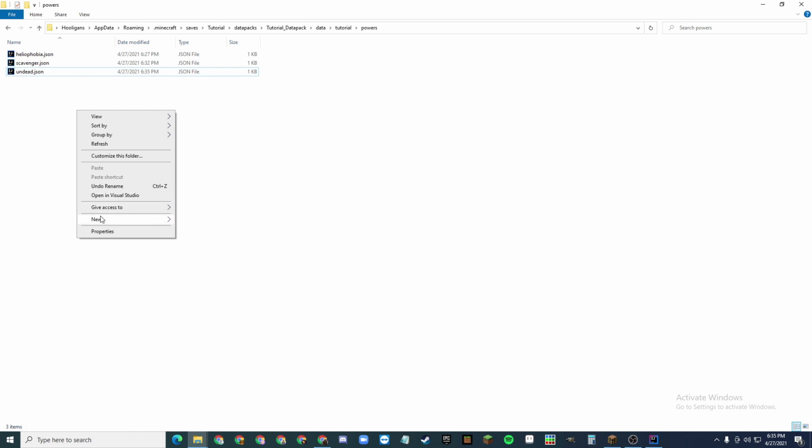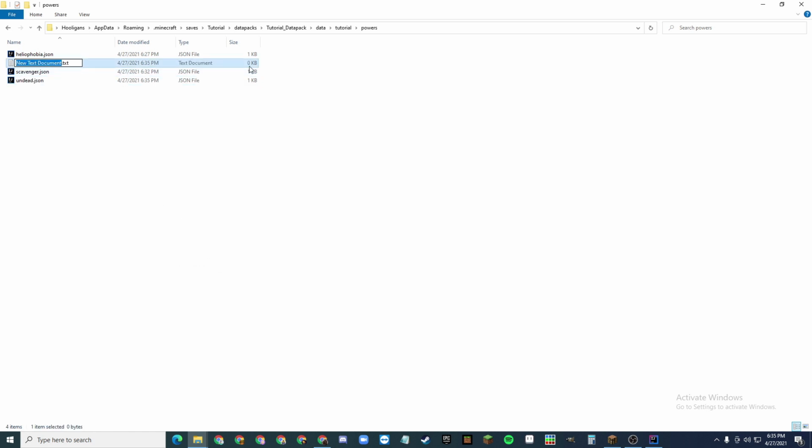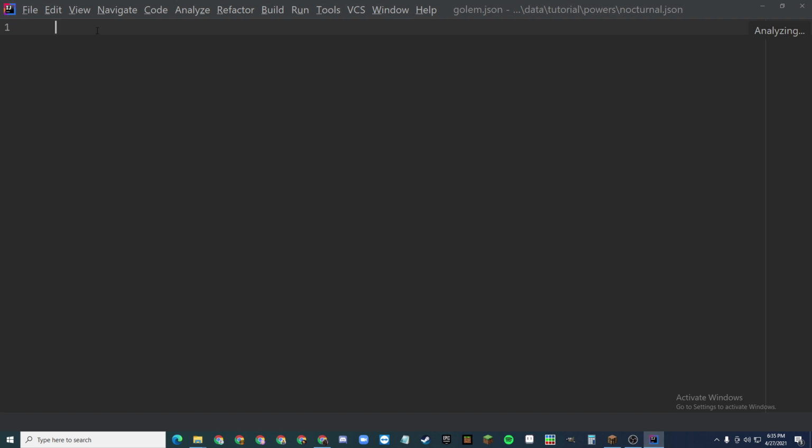Next power I'm going to add is going to be a stacking status effect. And what it's going to do is give you night vision, essentially, lasting longer the longer you're in night. So we'll call this one Nocturnal, since zombies only come out at night. Okay, so if we open that, we'll have a new JSON, and you just make those brackets there to start off. Alright, type,